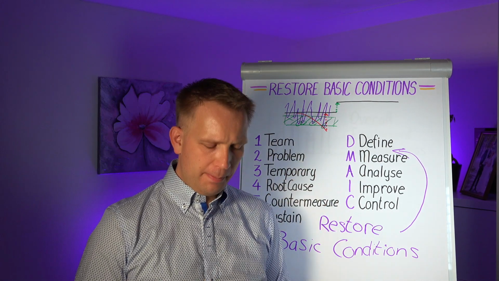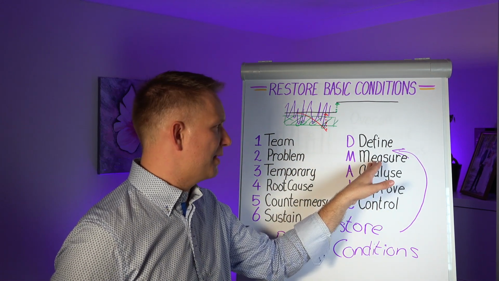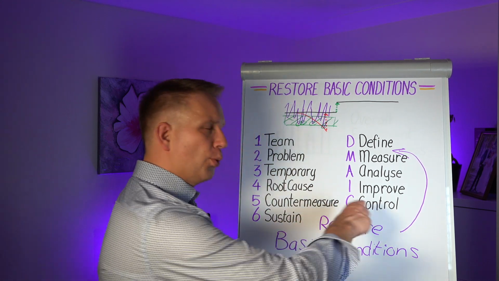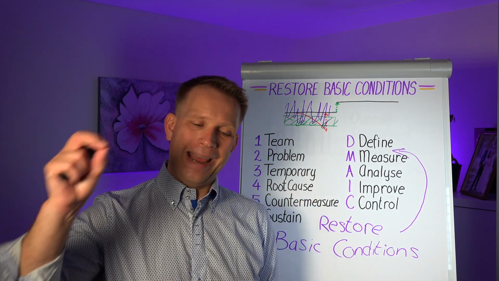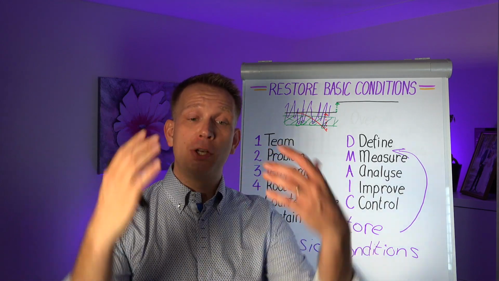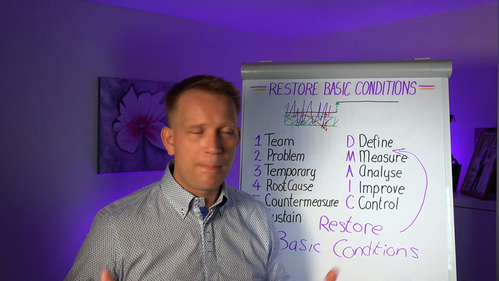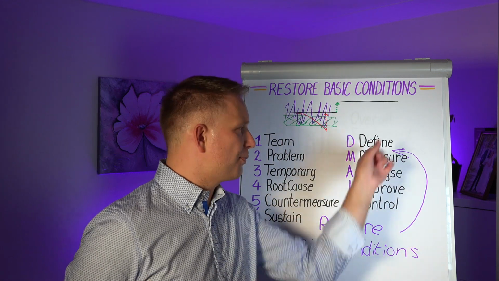Because we define the problem, we sort of measure what's going on, but we don't even finish the measurement step. No, we first restore the basic conditions, and when we have checked and restored them, and we know that now our process is at least stable again as we once designed it,